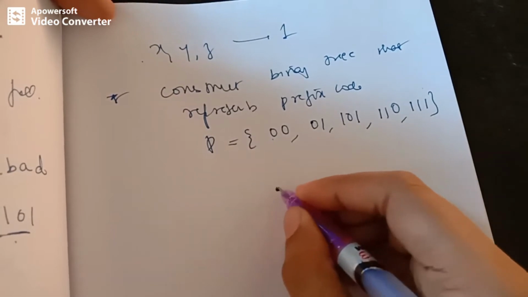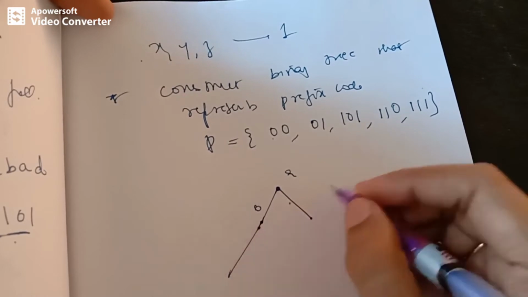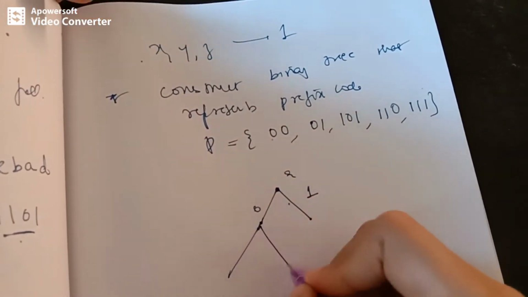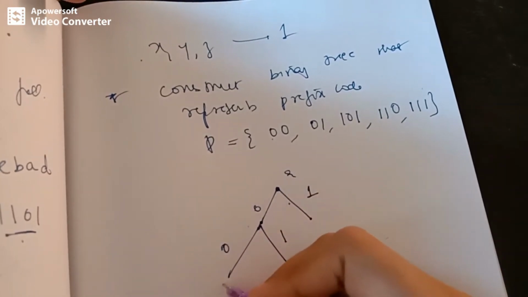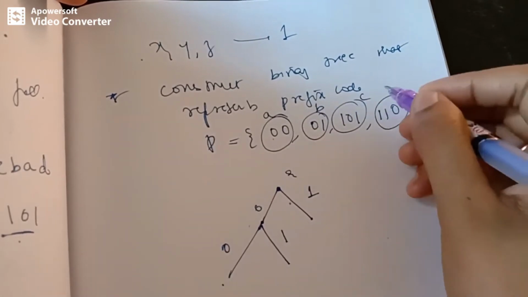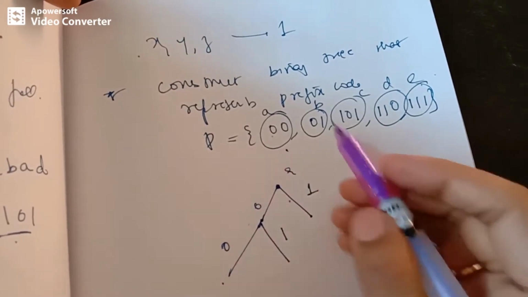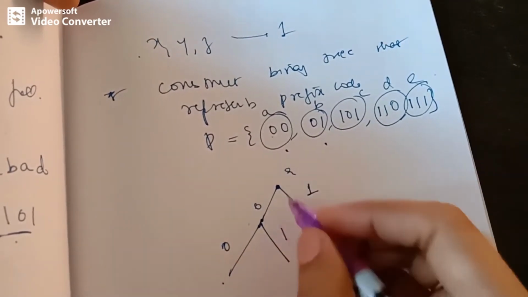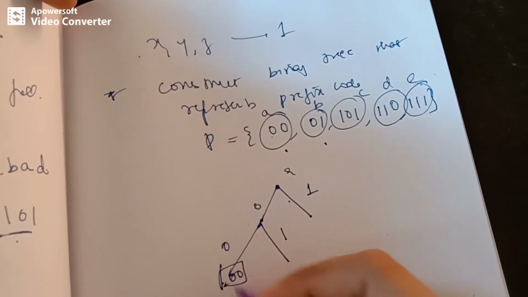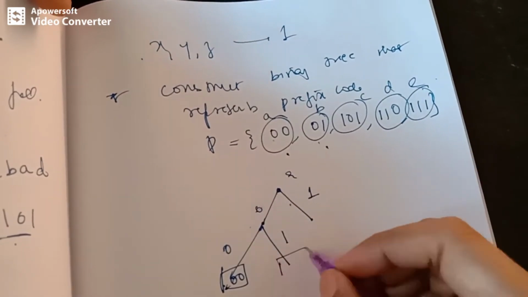So how will we start is, we start with the root and we traverse until we get, so labeling has to be in such a way that the left branch is labeled 0 and the right branch is labeled 1. Okay, so this was given as alphabet A, B, C, D and E. A is represented by the code 0, 0, B is represented by 0, 1 and so on. So when we branch this, we are going to get 0, 0 which is the code A. Likewise, we are going to get 0, 1 which is the code B.